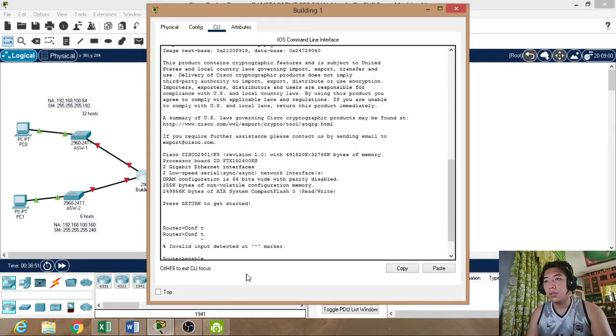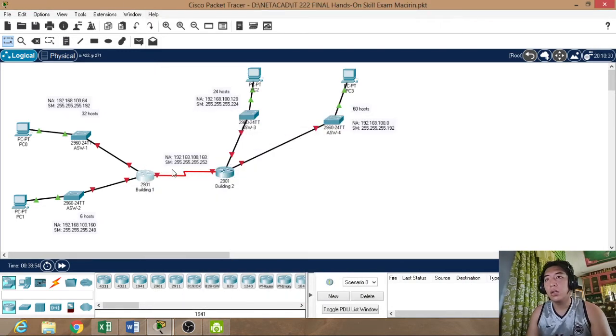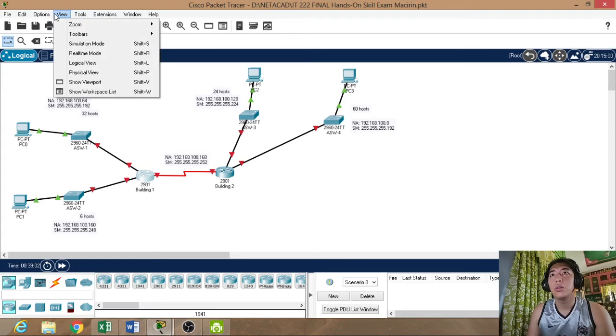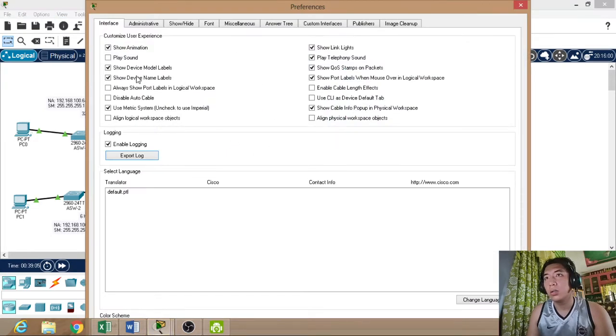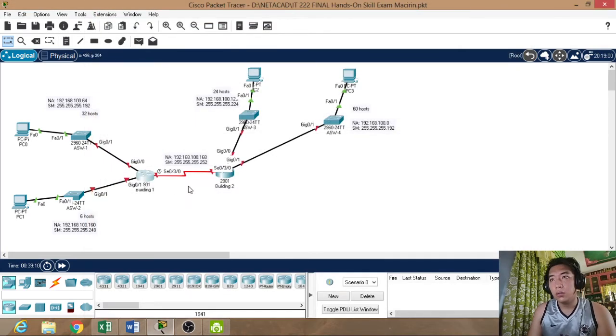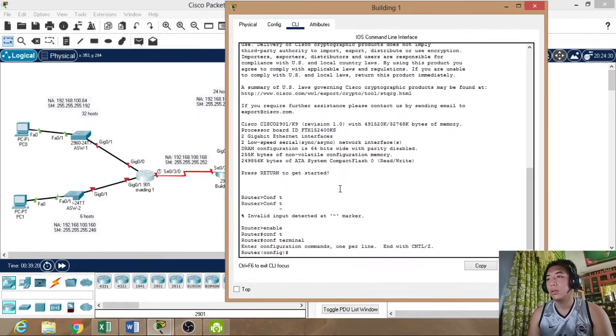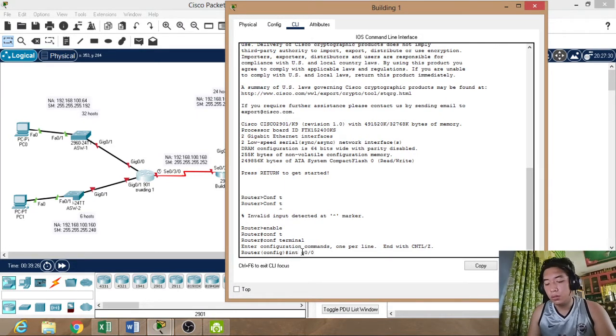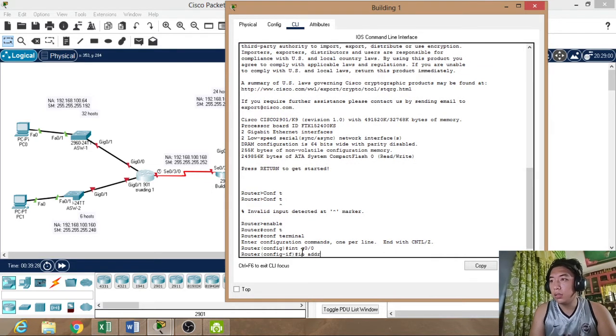So, let's put a label first. Okay, so interface Gigabit 0/0. So where is that? So, interface gigabit 0/0. Next is IP address